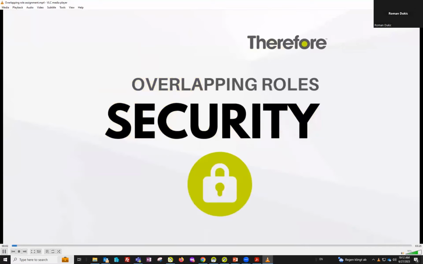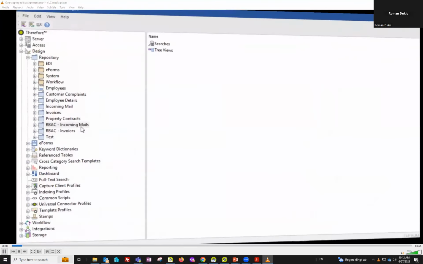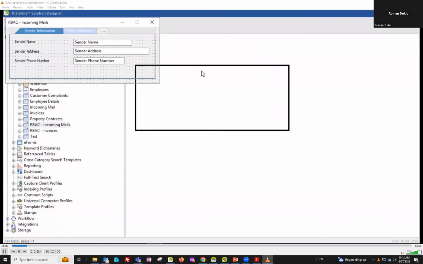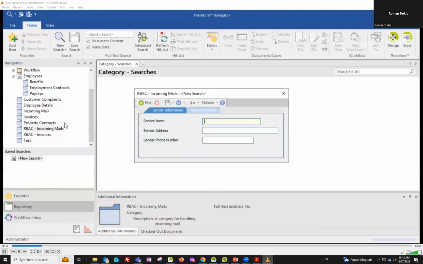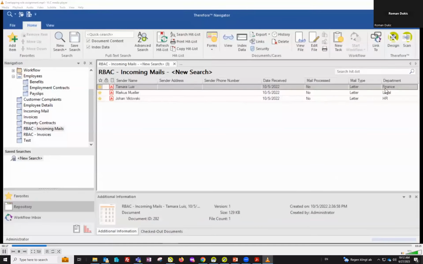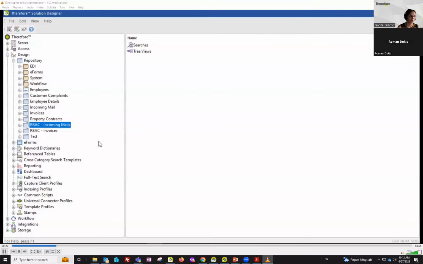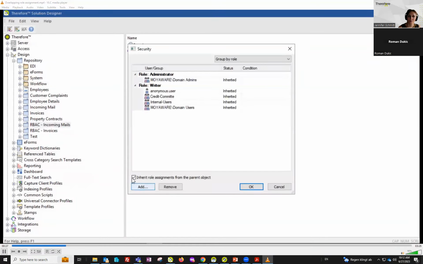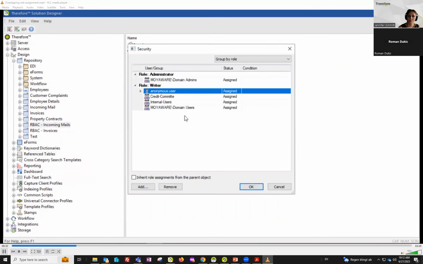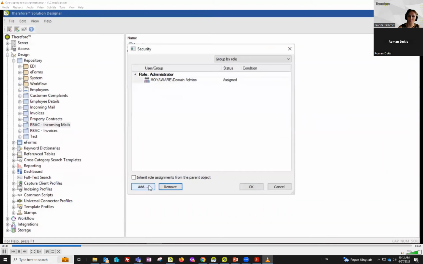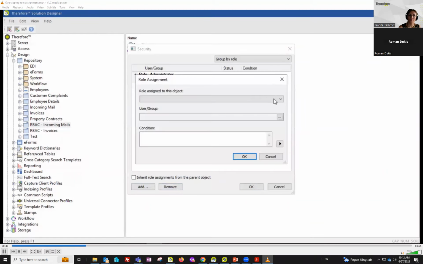Overlapping roles. What happens if the same user is assigned two different roles with overlapping permission sets? To demonstrate, I'll use an incoming mail category where mail is saved and sorted according to department. First, let's check the roles assigned to the category. We're now going to break inheritance and remove any previous groups and permissions. We will now add Andrew Ross as both a power user